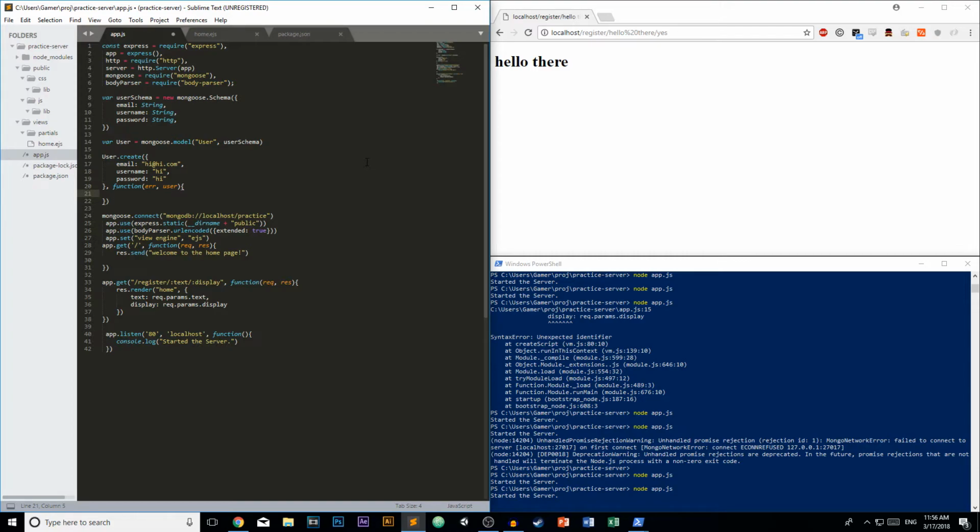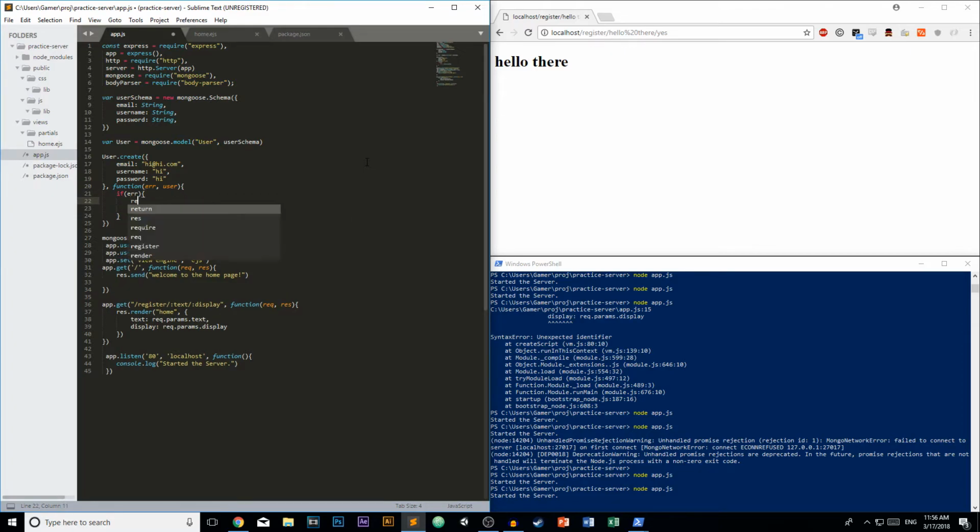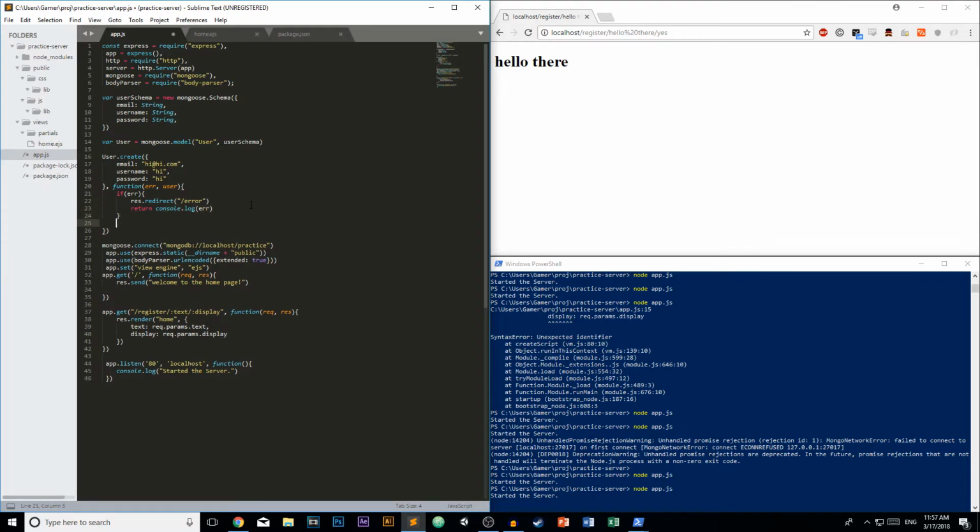So what's going to happen is you're going to do if error, return console.log error. Actually, you'd redirect to some sort of page first. So I'm just going to do /error for now. We don't actually have that route set up. We're going to talk about that at the very end in just a second. But let's just get started. So if there's an error, it would redirect to the error and then return console.log error. So it would short circuit the entire function here. Else,